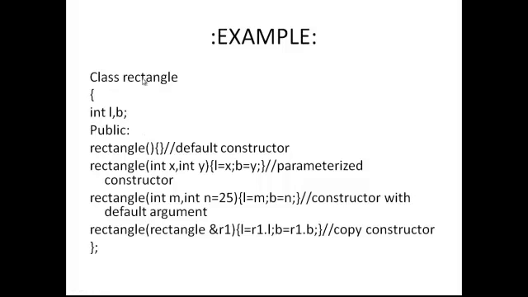You also see that their differences are here. I pass different types of parameters here. First, in the default constructor there is no argument. In the parameterized constructor there are some arguments passed, and then in the constructor with default argument, in this part also we pass some arguments, but these arguments are different from the parameterized constructor. And then the copy constructor, here we pass the temporary object. That means the four types of constructor have different arguments.